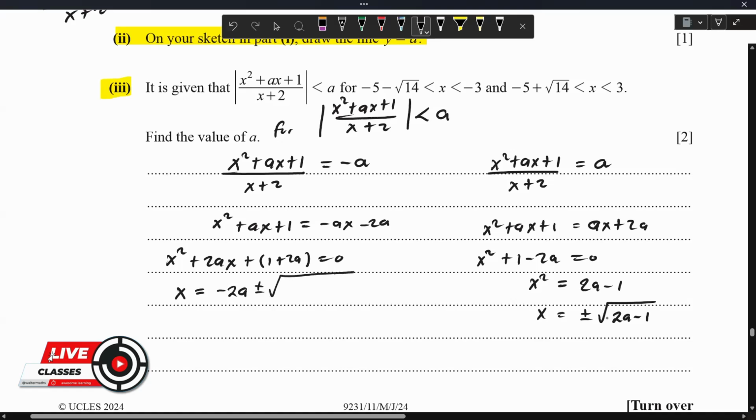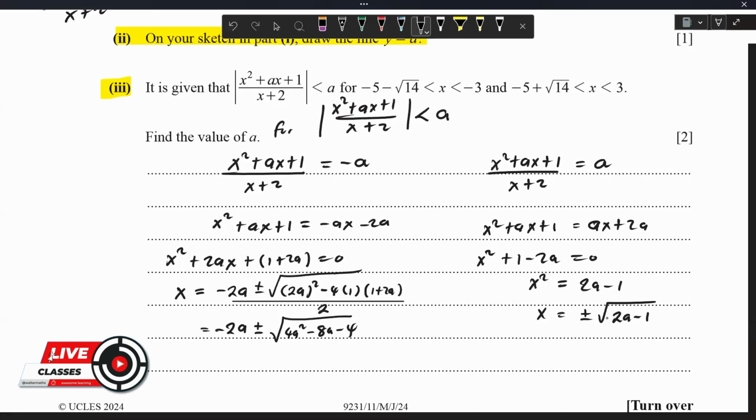minus the square root of b squared minus 4ac, all over 2a. All right, so that's minus 2a plus or minus the square root of 4a squared minus 8a minus 4, all over 2, okay,